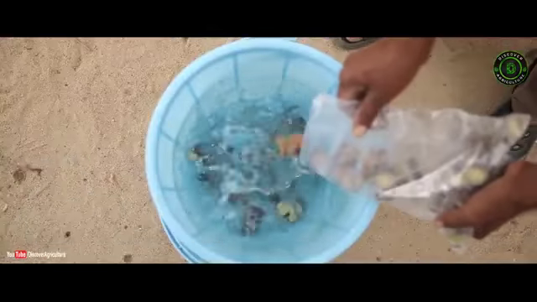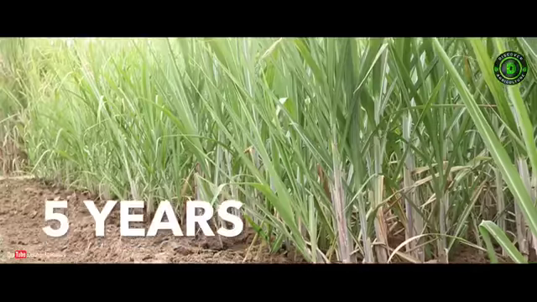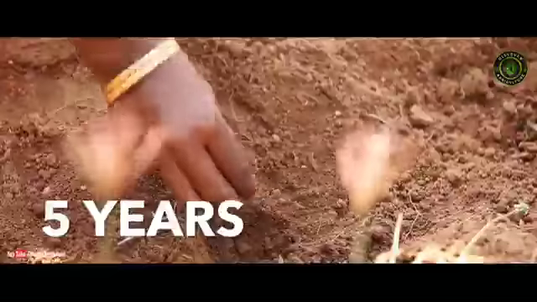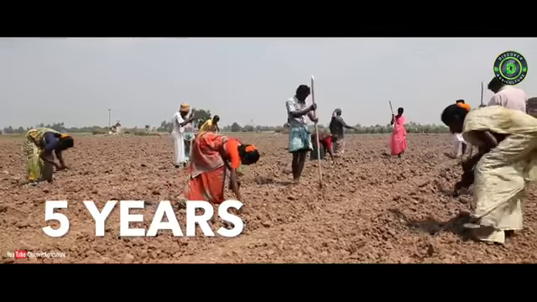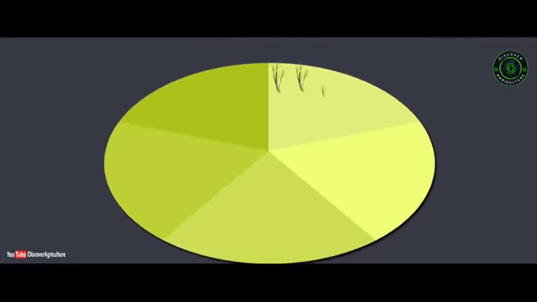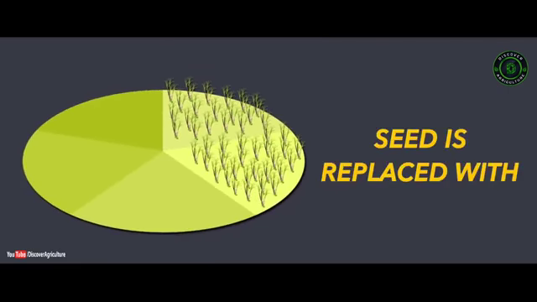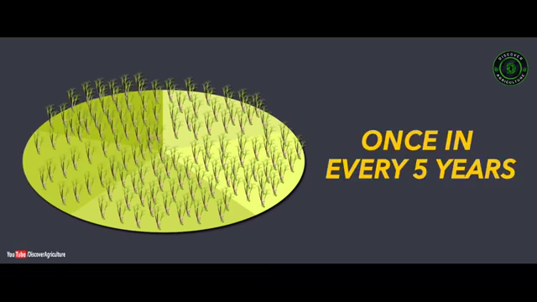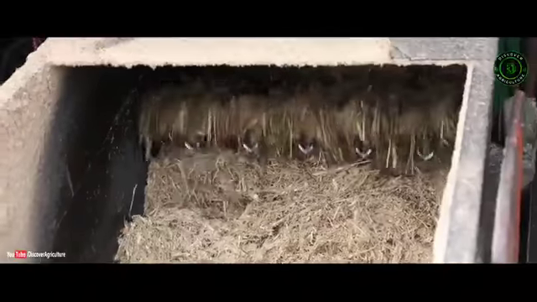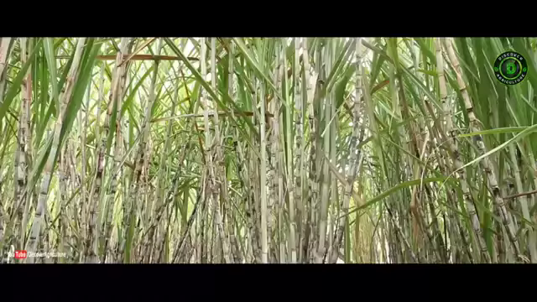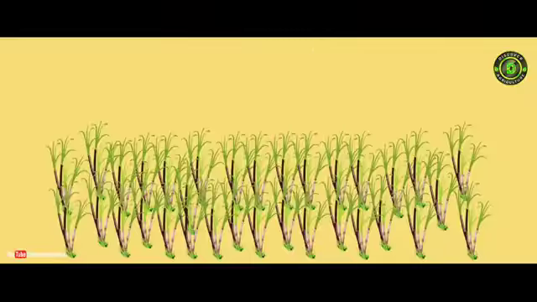Heat treatment will render it free from disease for about 5 years. Therefore, a well-planned scheme to replace seed once every 5 years must be devised. The whole operational area can be divided into 5 sectors and 1 sector may be covered each year so that the seed is replaced with rejuvenated seed once in every 5 years. If all sugar mills in our country follow this 3-tier nursery program and provide good quality seed of improved varieties to farmers, the average yield per hectare can be raised